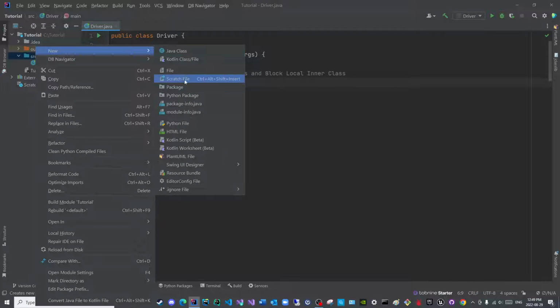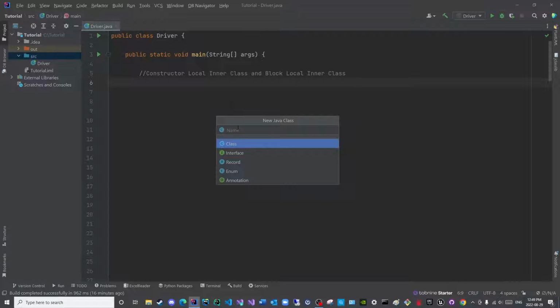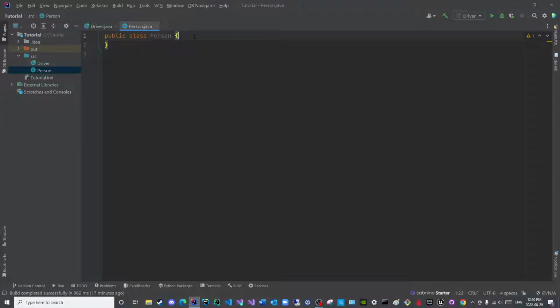I felt it would also be important to discuss local inner classes further because of a particular form of metadatum that we will access in the Reflective API series. So I thought it would be best to finish the local inner class subseries before we continued. So I will create a class known as person,